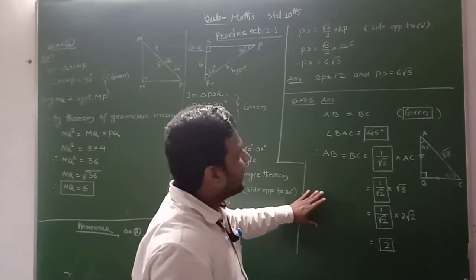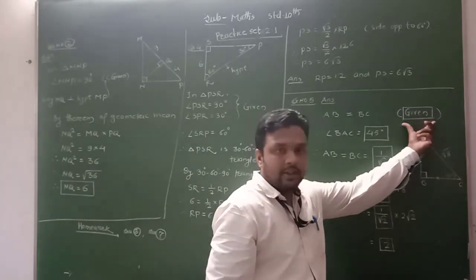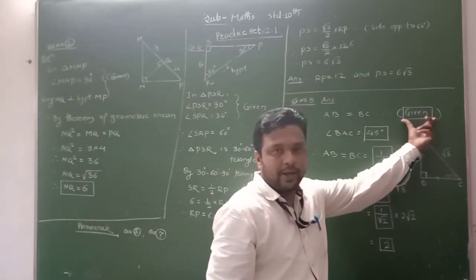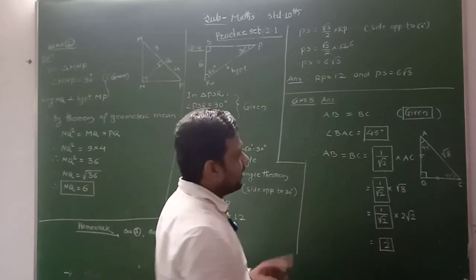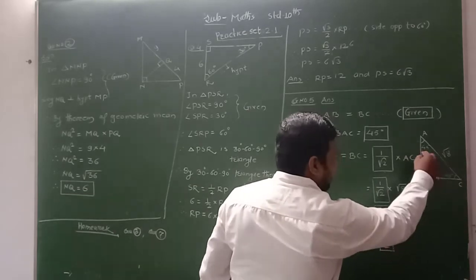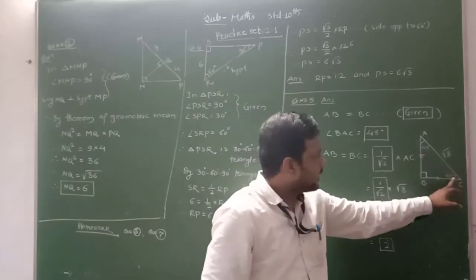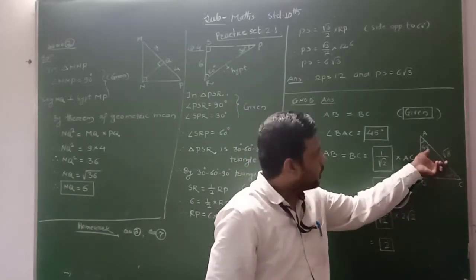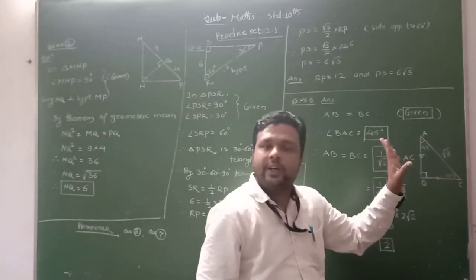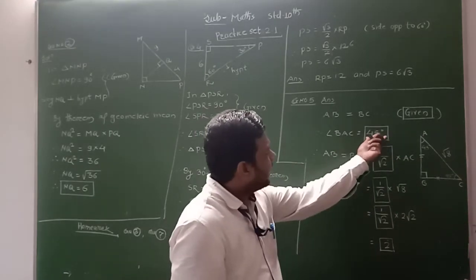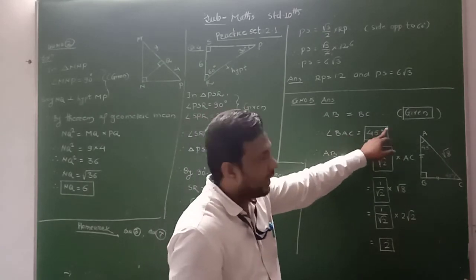Clear? Now what activity is given? In the activity, AB is equal to BC. There is a blank. What do we have to write here? This is the given part. Therefore here I write given. Clear? Then second, angle BAC. If these two sides are equal, then the sum of the remaining two angles is equal to what? 90. Therefore each angle is equal to what? 45 degree, 45 degree. And this is 90 degree. Sum of all the angles is equal to 180 degree. Therefore what do we have to write here in this box? That is 45 degree. Angle BAC is equal to 45 degree.